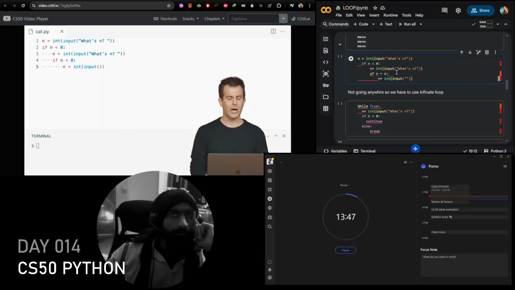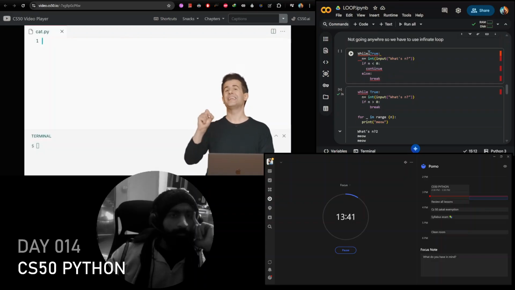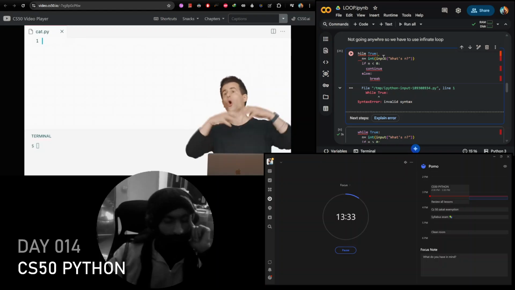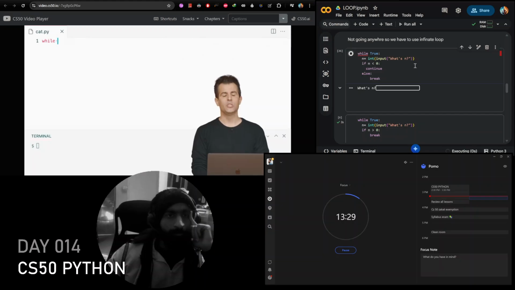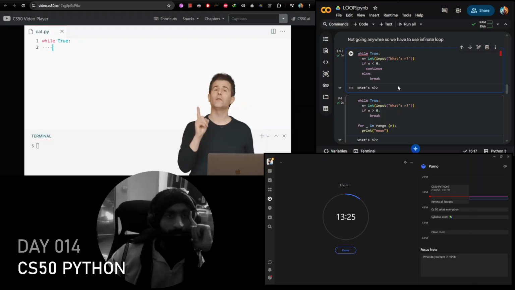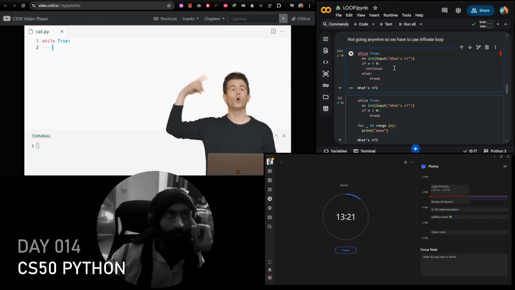So I think we can do this better with a loop. Let me propose a very common paradigm in Python when you want to get user input that matches a certain expectation you have, that it's all positive, that it's all negative, or something like that. You just immediately say while true. You deliberately, and a little dangerously, but very conventionally, induce an infinite loop. Now, what is an infinite loop? It's just one that goes forever.